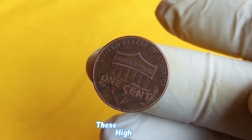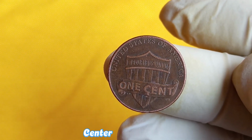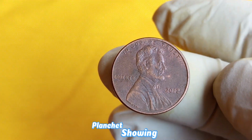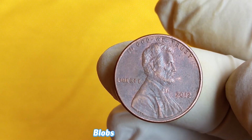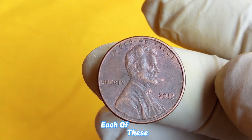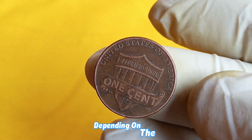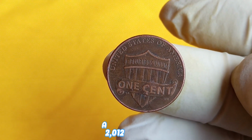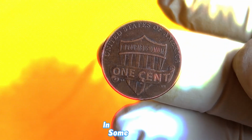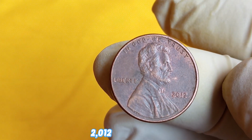Be on the lookout for these high-value mistakes: double die obverse, where Lincoln's features or lettering appear slightly doubled; off-center strikes, where the design is visibly shifted, sometimes with part of the blank planchet showing; die cracks and cuds, raised lines or blobs caused by a damaged die; and misaligned dies, where one side is not centered properly. Each of these errors can take a common penny and increase its value dramatically. Depending on the severity and visibility of the error, a 2012 penny with the right anomaly can sell for hundreds or thousands of dollars. In some rare cases, collectors and dealers have paid over $10,000 for uniquely flawed 2012 pennies,